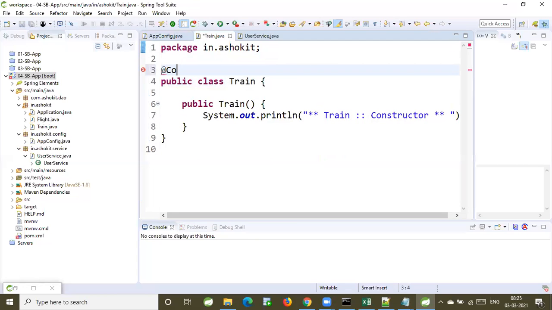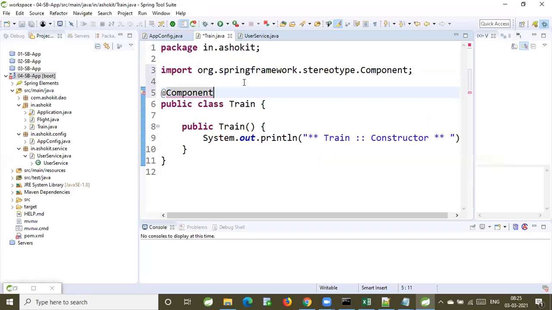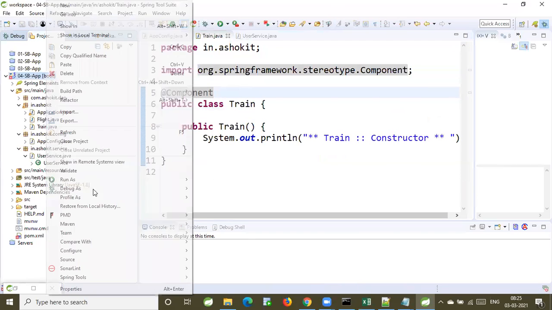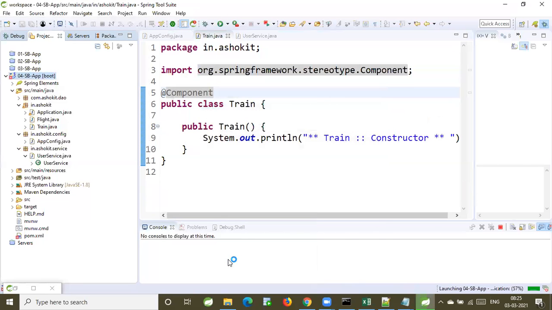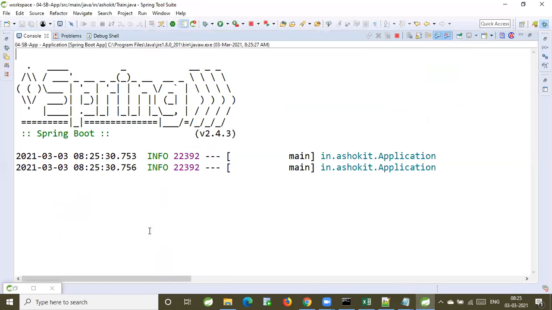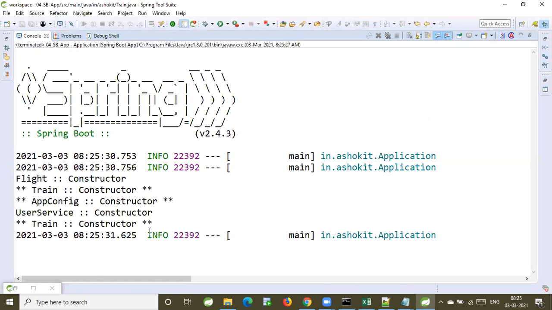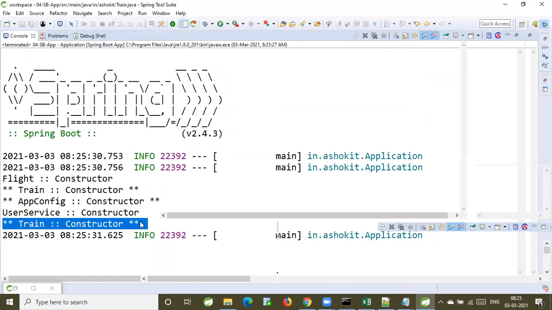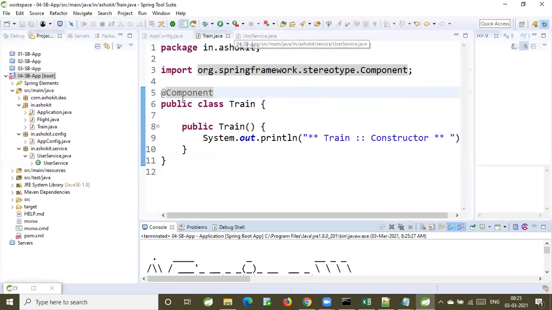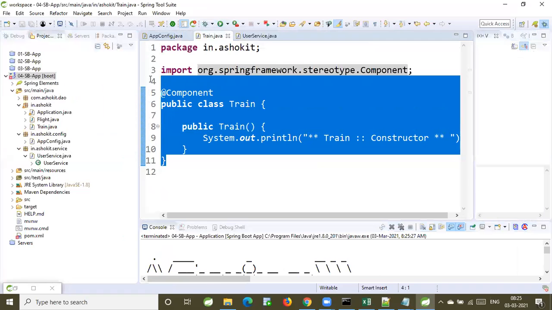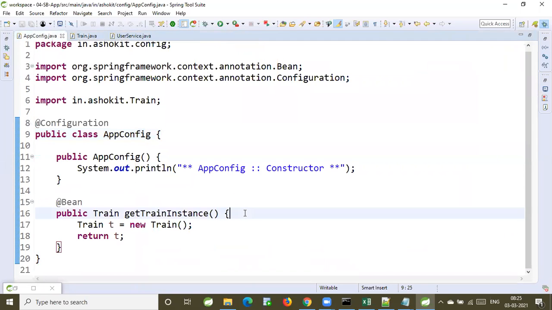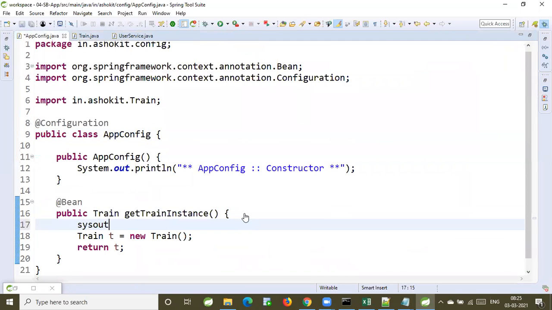You told it will give the preference to @bean, since it is by default singleton, it will maintain only one. Sorry, sir, two times that object is getting created. Okay, you have given @component. As part of the component scanning, this object got created, and once the component scanning process is completed, then again it is calling this method. Generally we don't do that. If you don't want IOC to create the object, then only we are going to write the bean methods.